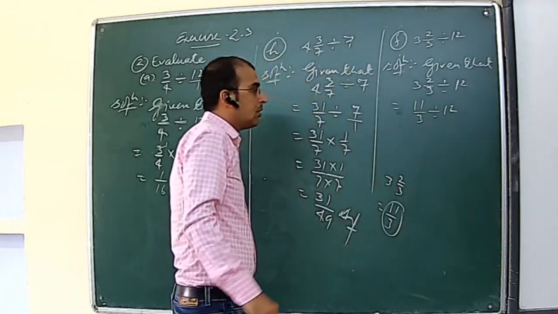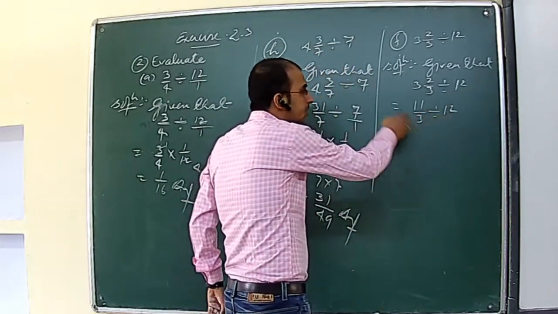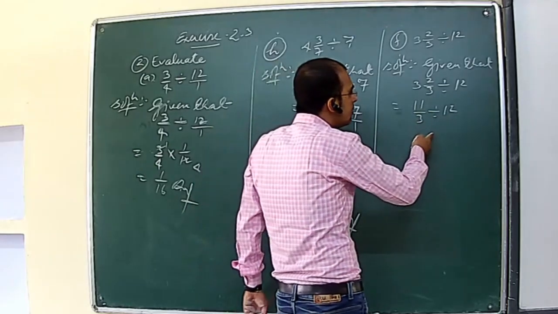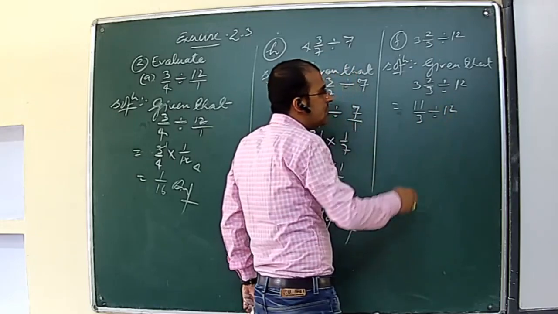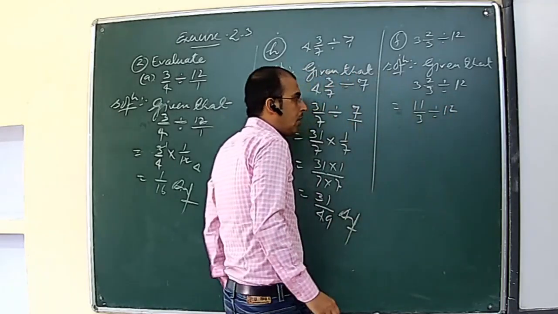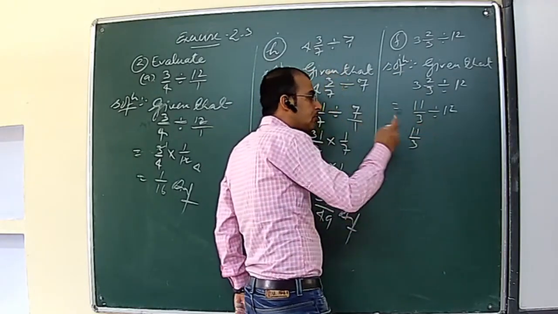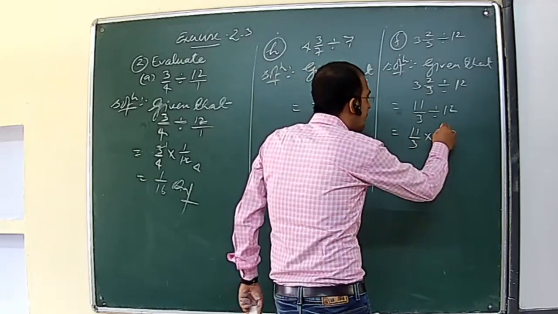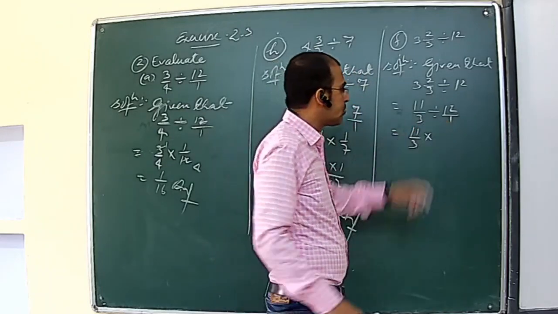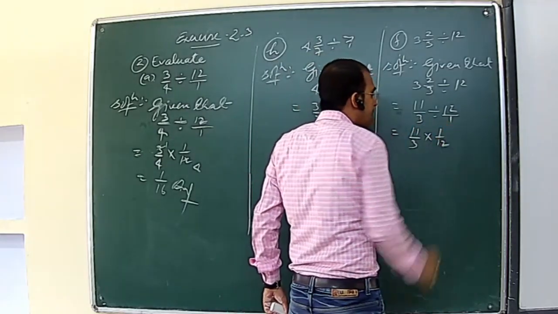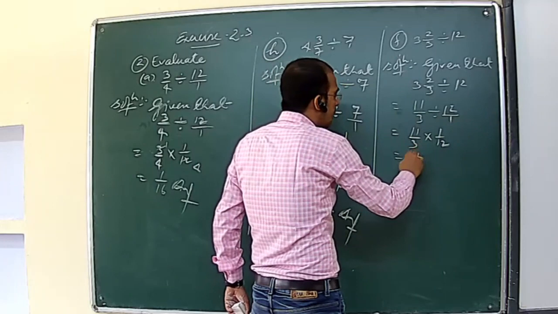Is it clear? And again what to do? We will divide by 12. So this is a division, this is a dividend, and the dividend will not change. So what to do? Only the divisor will change, and this operation will change. What to do in this question? 11 by 3 and division, its reciprocal will multiply by the reciprocal of 12. So 12 can be written as 12 by 1, and the reciprocal will equal to 1 upon 12. Is it clear? So again what to do? You will write 11 by 3.